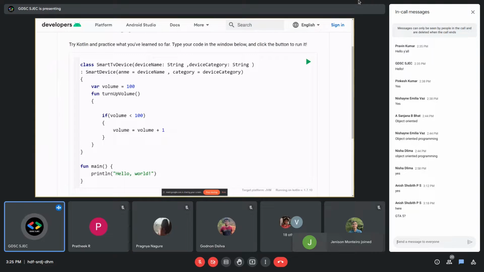Let's say that in a TV, if the TV is an inbuilt audio device, you can actually give it an audio, like "I am turned on," so I know the TV is turned on. So what we can do is